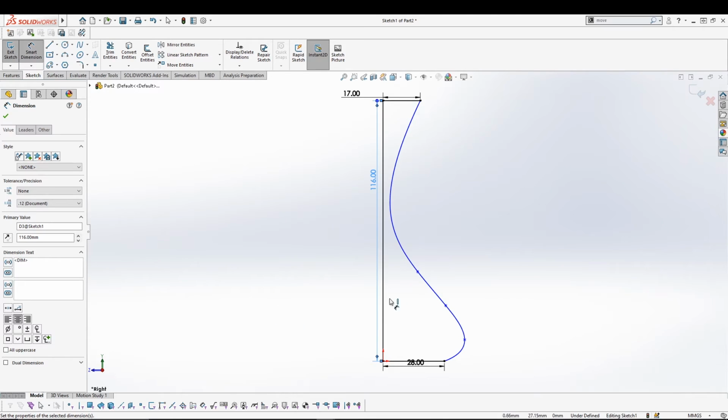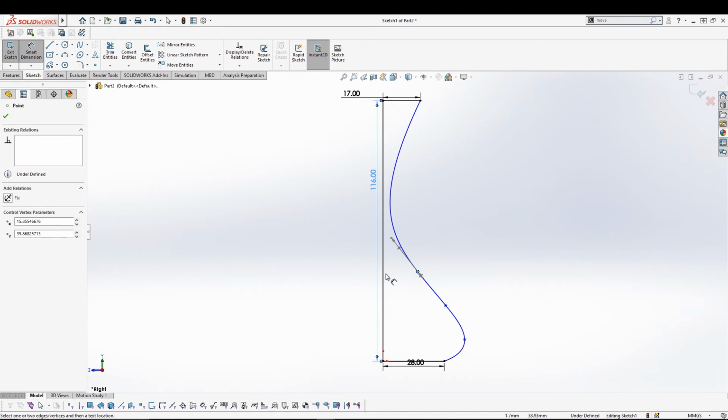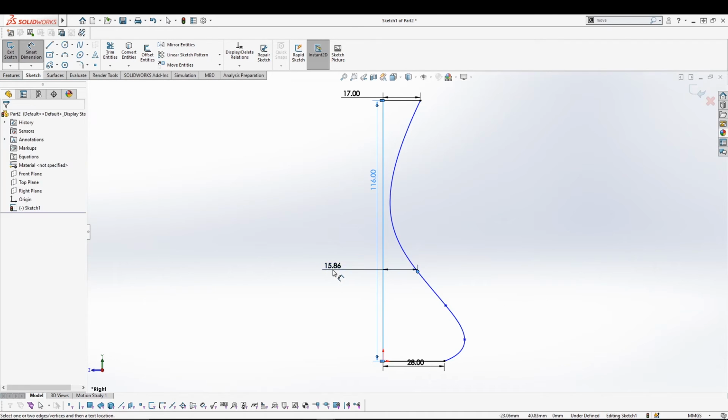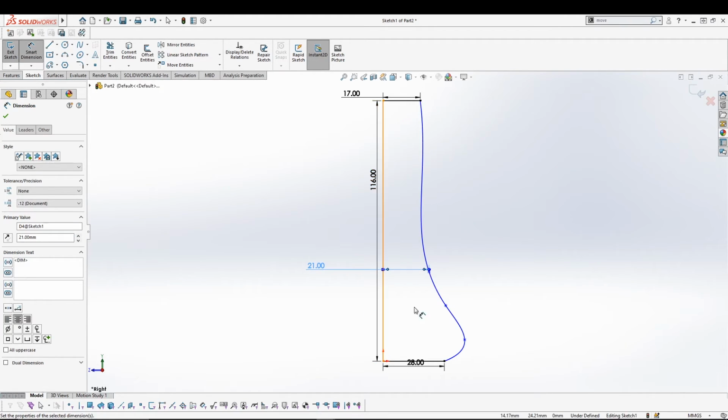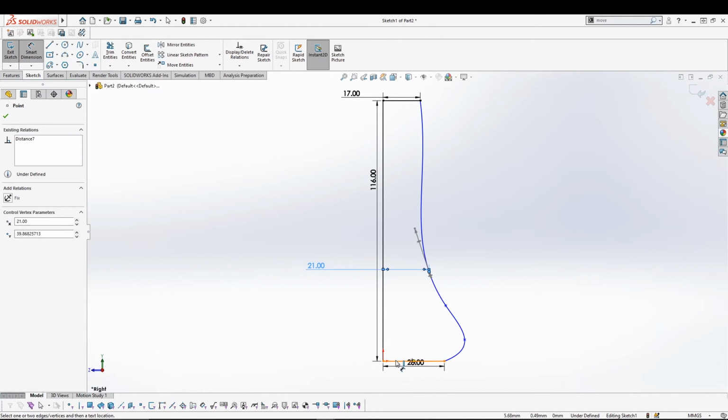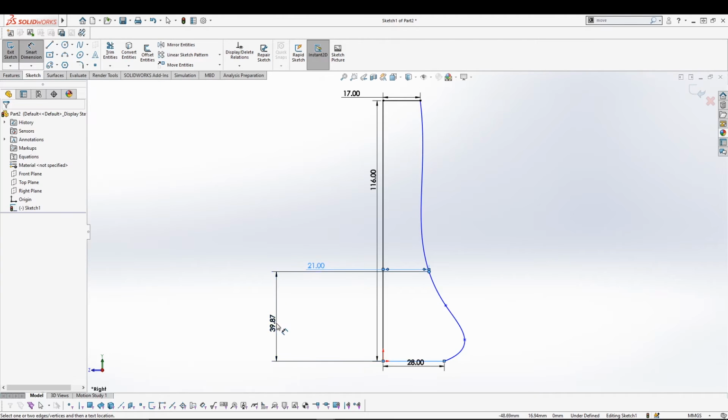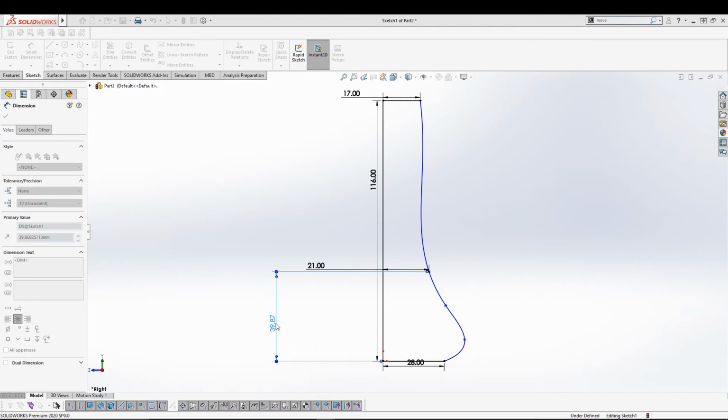And further I will utilize my spline points for the dimension. So from here to here, let's say this is 21, and also that point from this axis should be 85,